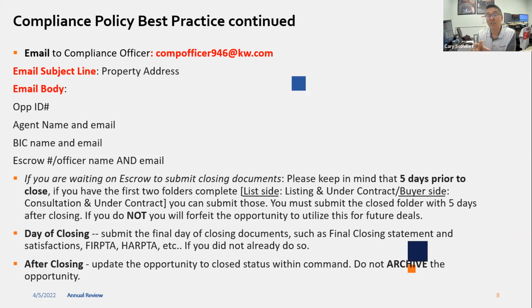What Natasha is saying with opportunities, if you move it to closed, it sits there in closed. It's not active, it drops off of your pipeline, but you move it from open into closed and it just gets stored. Okay, so when you select and you click a menu and see archive opportunity, that's not necessarily something that you want to do unless maybe you made a mistake. You created a buy opportunity and you saved it, and it's actually supposed to be a list side opportunity.